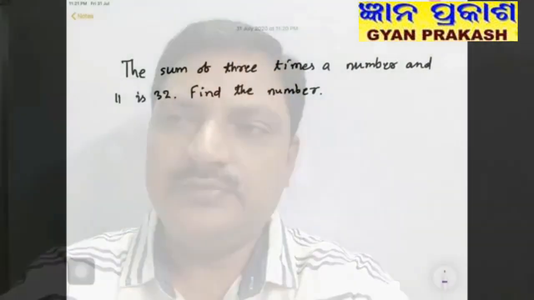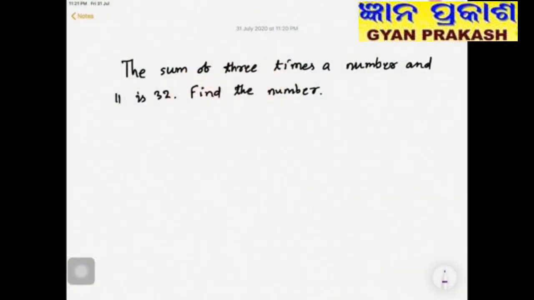Now let us consider some word problems, and we shall see how to solve them by converting them into equation form. The sum of 3 times a number and 11 is 32. Find the number. So let the number be x. Here we have to take a variable that we have to find. Okay, find the number means we shall take the number be x. Now according to question,